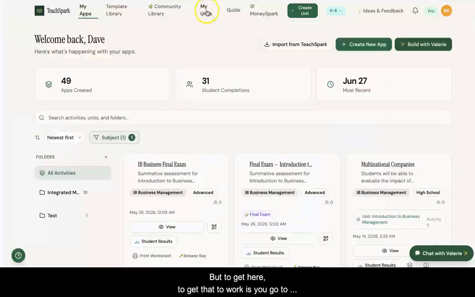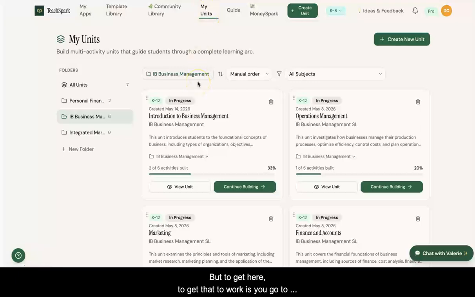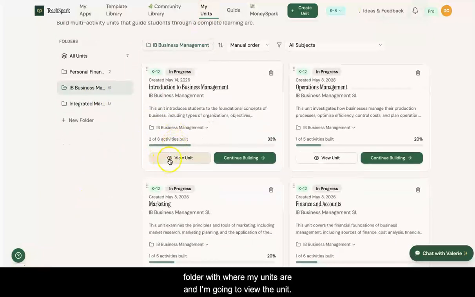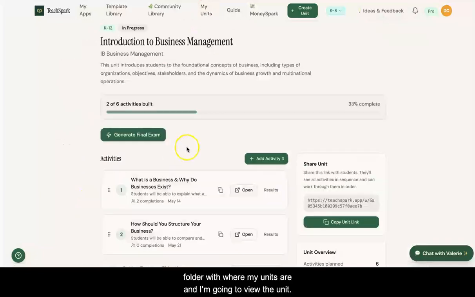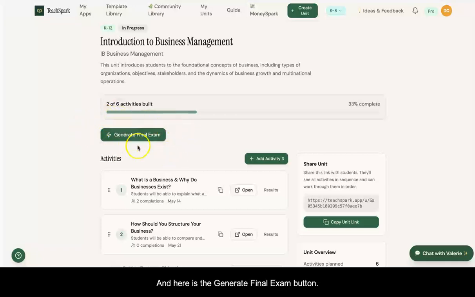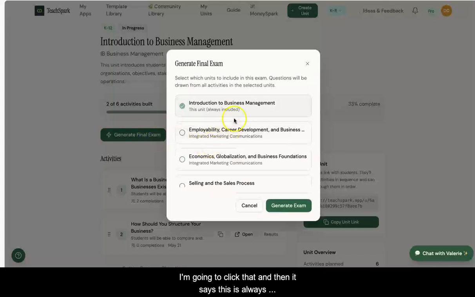But to get that to work, you go to your units, and I'm in my IB Business Management folder where my units are, and I'm going to view the unit. And here's the generate final exam button. I'm going to click that, and then it says this is always included because I am in the Introduction to Business